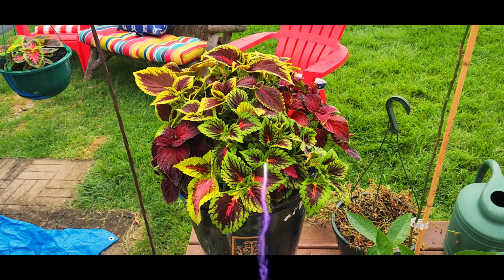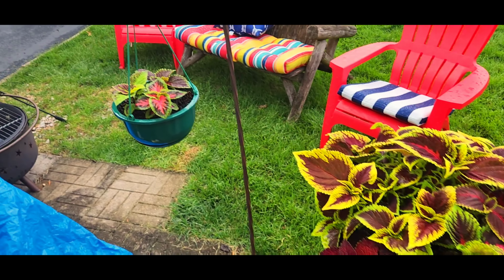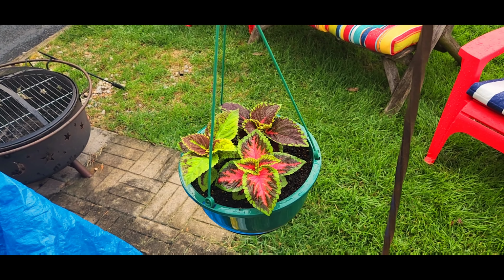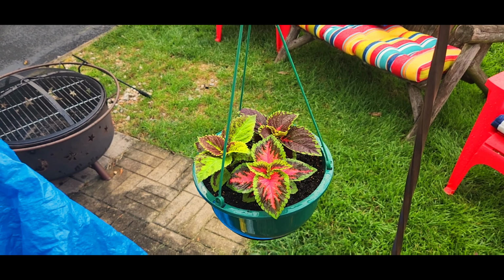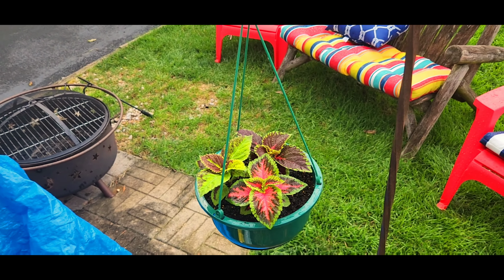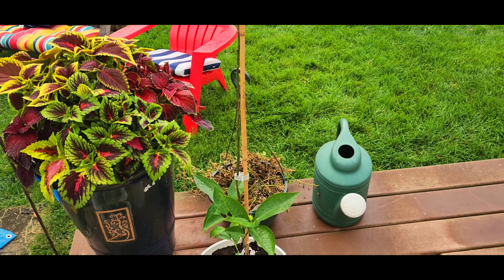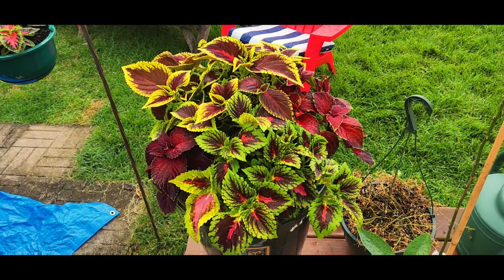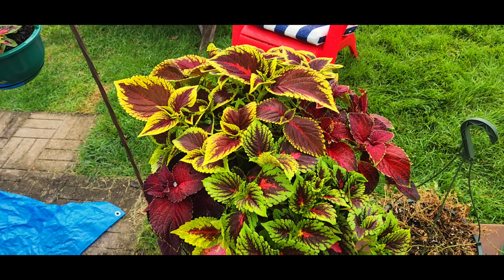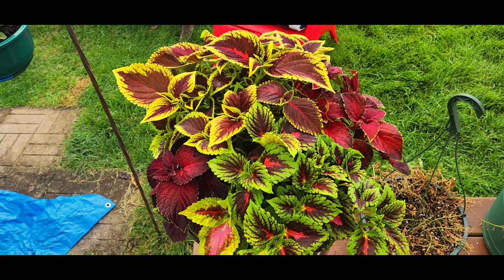I mean, 2 weeks ago, folks, this was nothing like this. A week ago, and look at this. I decided to keep this one for myself, and that's that Saturn variant, and these beautiful Kong variations. So we're going to keep this for ourselves. And I have my clementine tree out. So beautiful. This is the time of year for us here in New Jersey. We're getting rain, it's warm, it's humid,